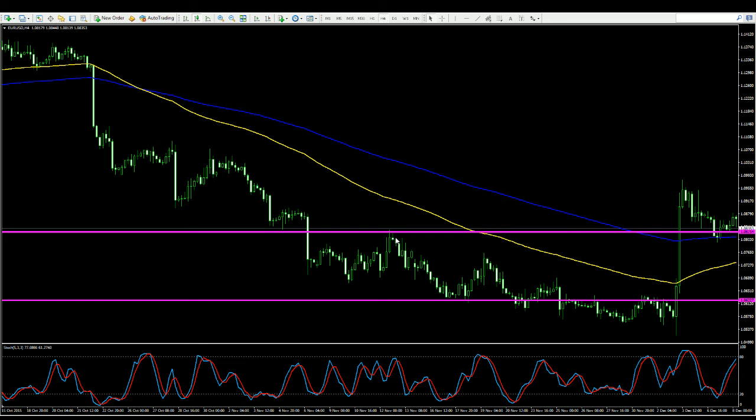Okay, that's because of what we talked about before, about the stochastic. We want the stochastic to be overbought as much as possible, come up to the level 80, and we also want the stochastic to be overbought at several time frames, especially the higher ones, because let's take a look